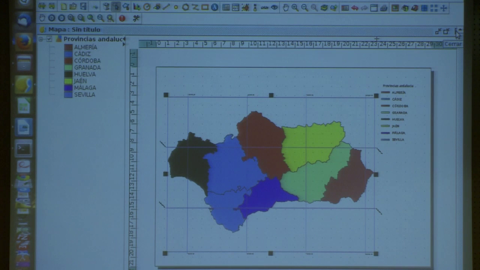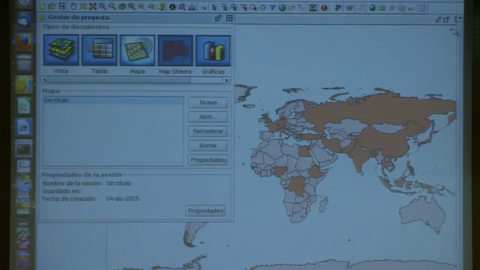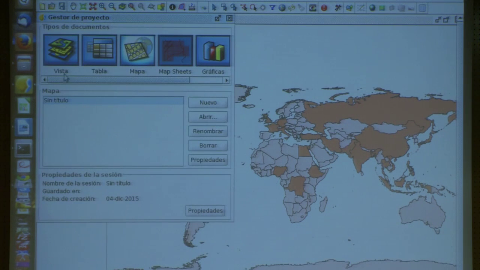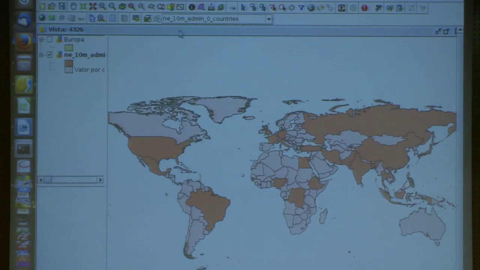For instance, we have a shape in gvSIG. We can export to KML, and we can export it to Google Earth directly. So we are going to see, in the same view of 4326, project manager, and you will have a view. 4326. Another option to move among views is through the window menu, and it appears here. So we go to the 4326, and then we're going to add the states of Mexico. We are going to get it as a layer